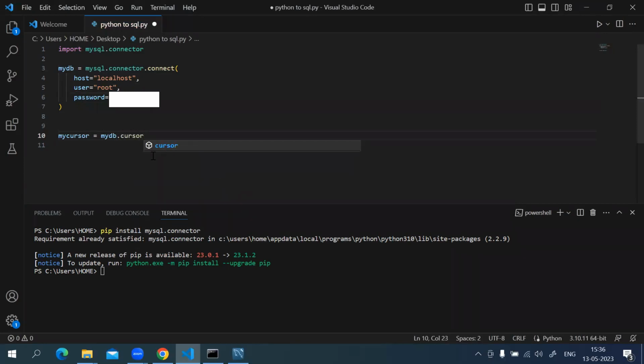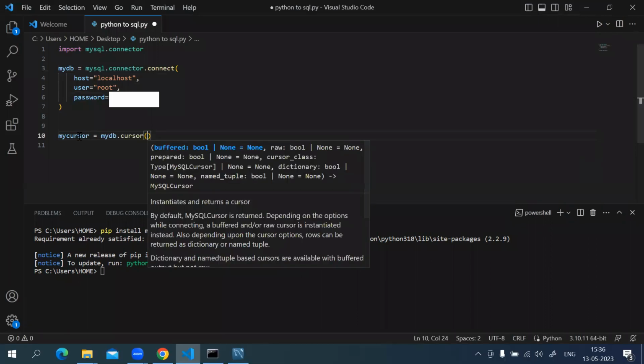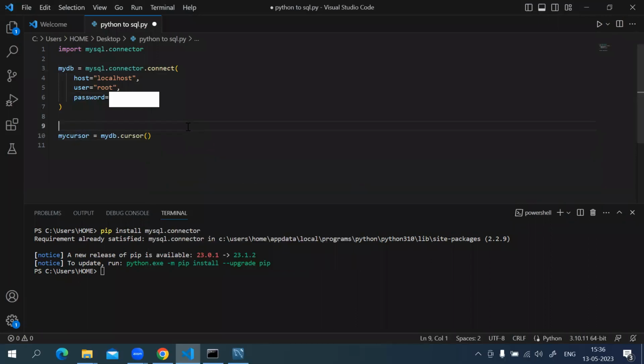I'm connecting it with another variable to execute the query. Here we have given the credentials, and here we have given the statement for connecting it. Then once it is connected, we can